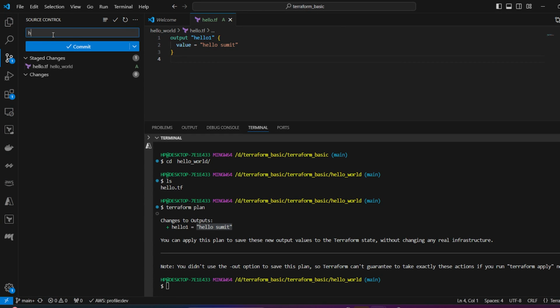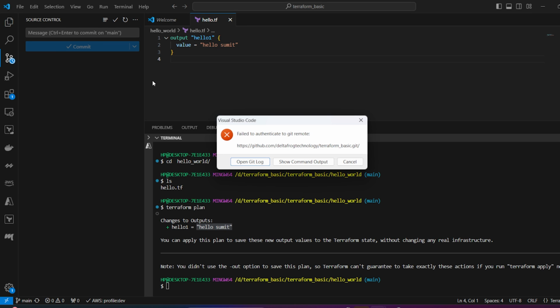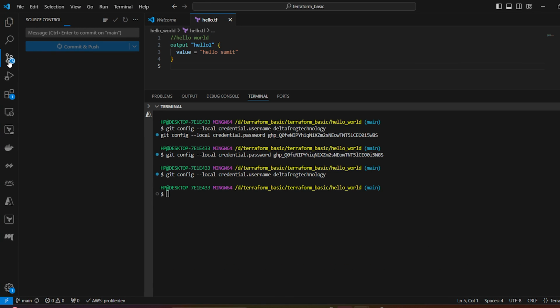So hello world. And also, if you are new to GitHub, you can learn these things as well: commit and push. So what have you learned here? Why are we getting the error? Because of the authentication issue. When I started pushing the code, before that you need to set